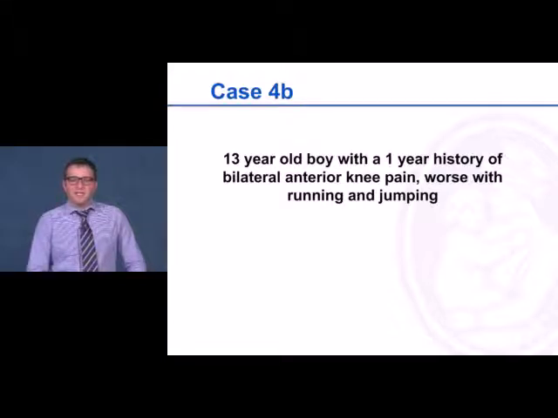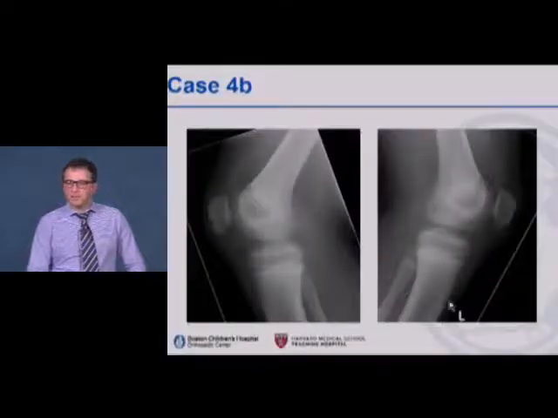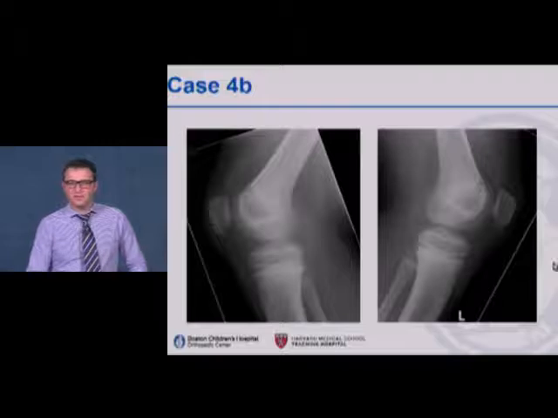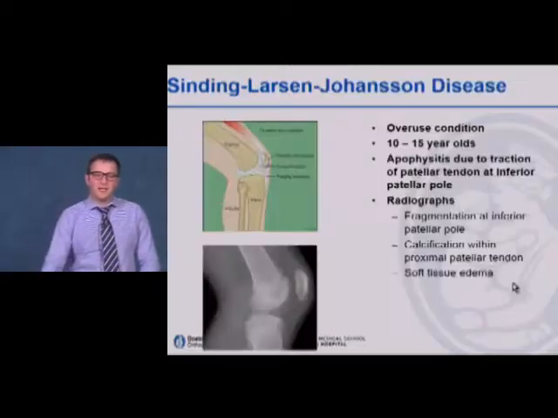So another case is a 13-year-old boy with a 1-year history of bilateral anterior knee pain, worse with running and jumping. Here are his x-rays. He's otherwise constitutionally well. And if you focus on these x-rays in the inferior aspect of the patella here, you can see there's a little fleck of bone. There was not one discrete traumatic episode. So this is